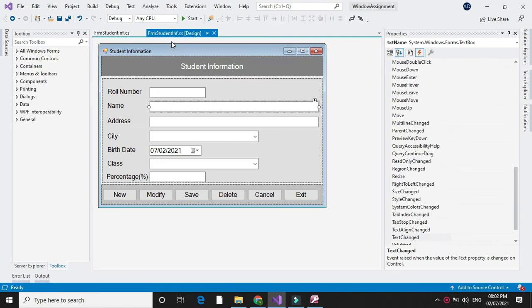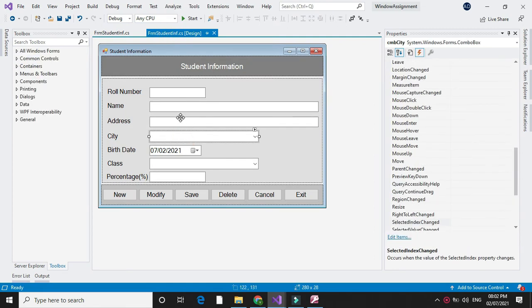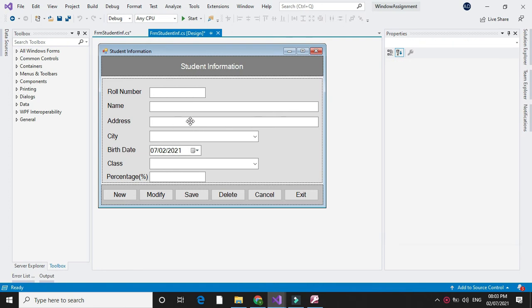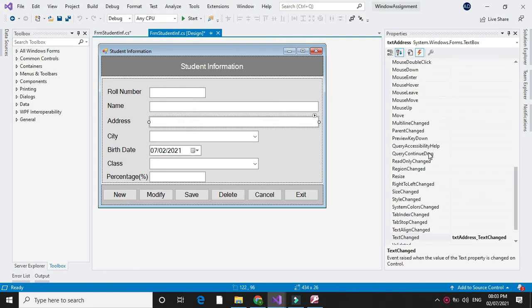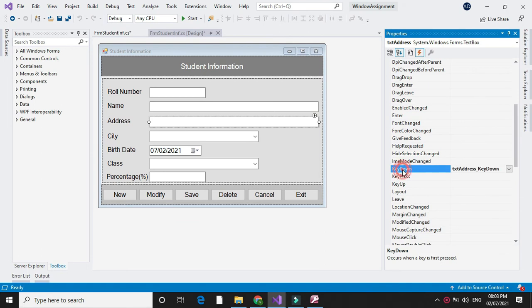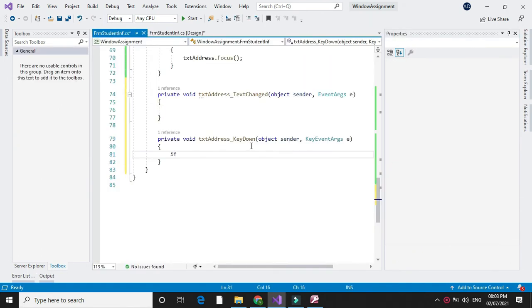Then after address it will go to city. For address we will create a KeyDown event, if e.KeyCode equal to Keys.Enter, it will move to cmbCity.